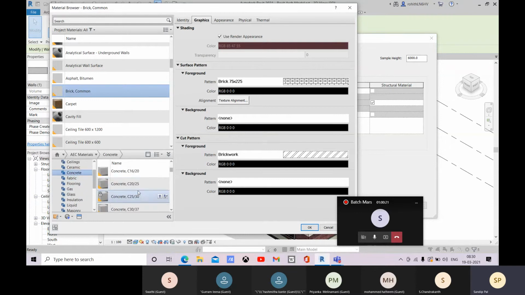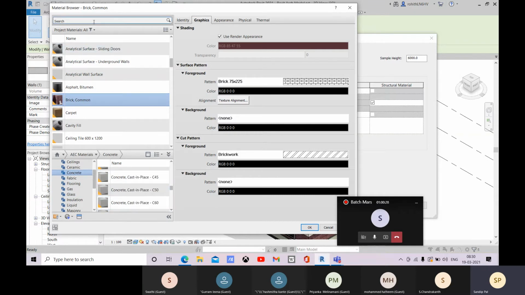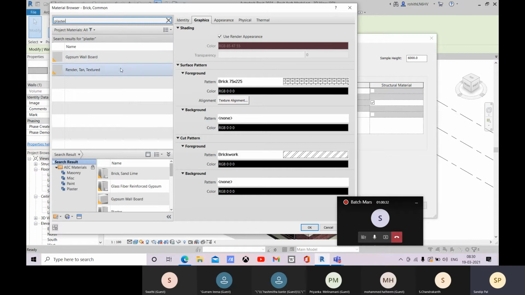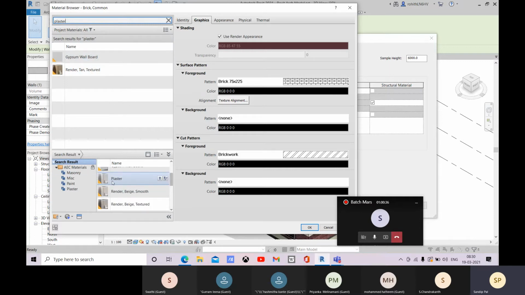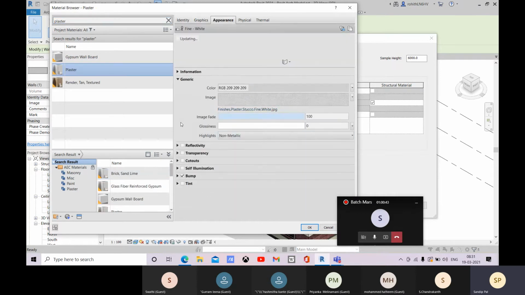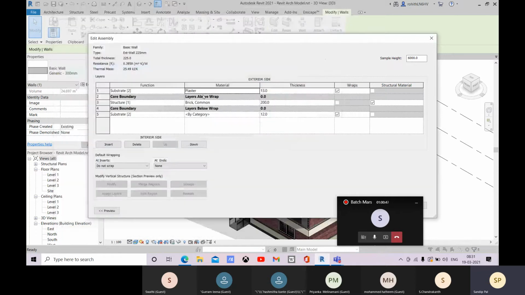So let me just select concrete, and check if there is plaster named, or search for plaster. No, it is not there. Okay, yeah, here it is. So let me just add it there, the appearance that is there, and let's click on OK, and let me just copy, Control C, and Control V.